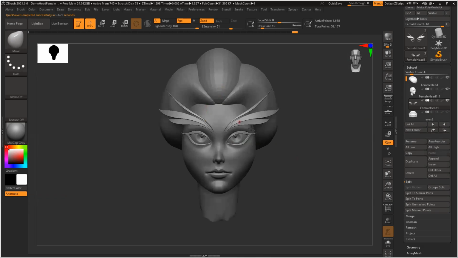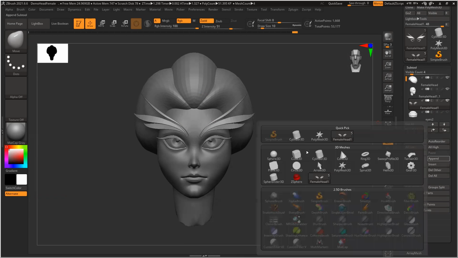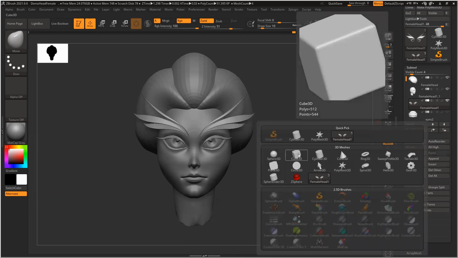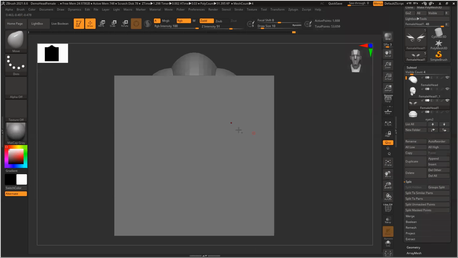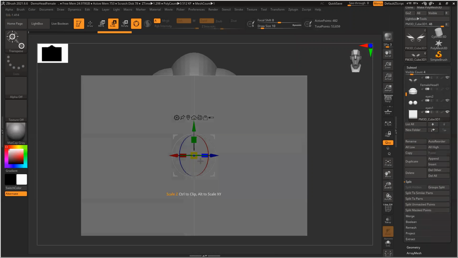Now, here there is a diamond shape. So I'll create that thing, append. So I can use a box. 45-degree.